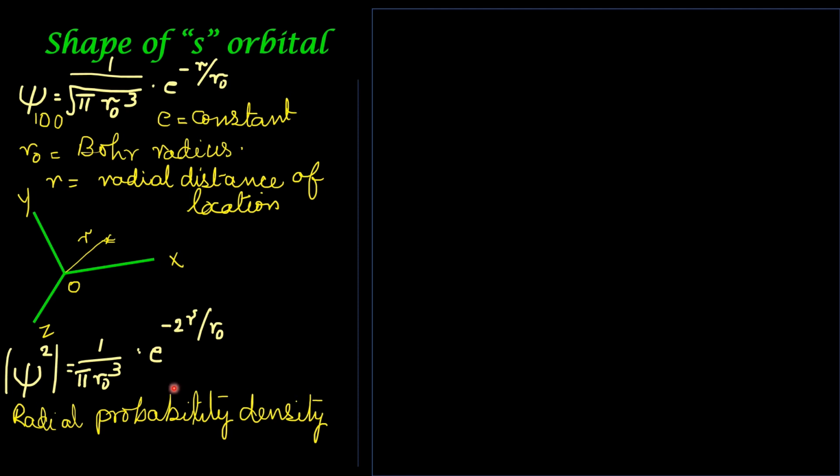We will see that. But before that, what is the need for finding this radial probability density? This is found out because the orbital wave function psi has no physical significance. So the shape of the orbital cannot be predicted or determined from wave function alone. It only tells us about the path of the electron. In order to find the location, we need the radial probability density, that is psi square. Now let us see how the graph is represented.